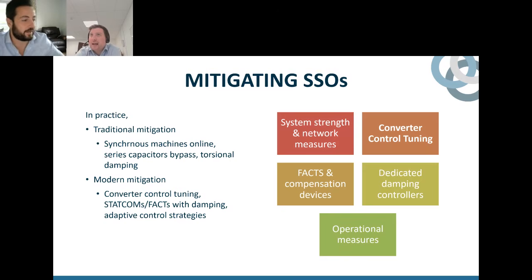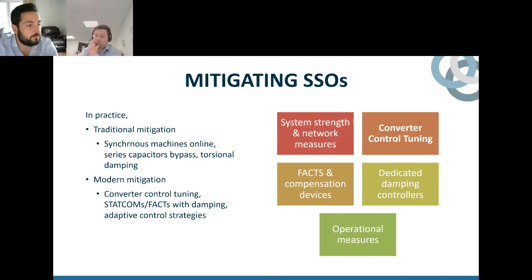If I could choose, I think the best methodologies just now are to use converter control strategies. If you see the box on the top right, I have converter control tuning, and this is because the way that inverters interact with the electrical grid just now is very different from the way that synchronous machines in the past would interact with the network. The dynamics of, for example, a wind turbine are very different from large generators. They don't have enough inertia, and they use inverter-based resources, so they use converters to control the way that they interact with the electrical grid.